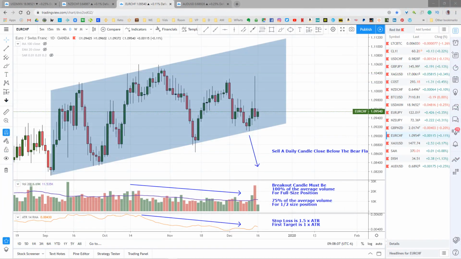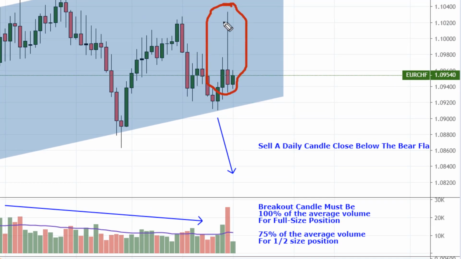A couple of weeks ago I showed you this bear flag on the Euro Swissy. Friday we had this huge pin bar right here on great big volume. That means a significant number of traders don't want this thing going up. So watch this one to trigger a sell in the next week or so. Okay, I'll show you the Australian dollar US dollar setup shortly, but first I'm going to talk about avoiding false